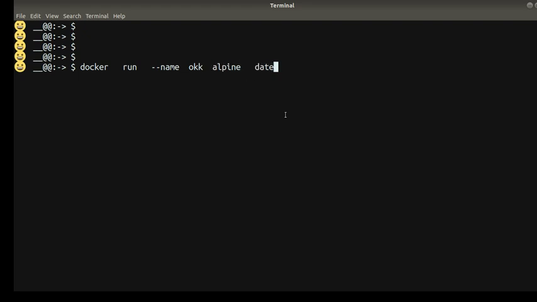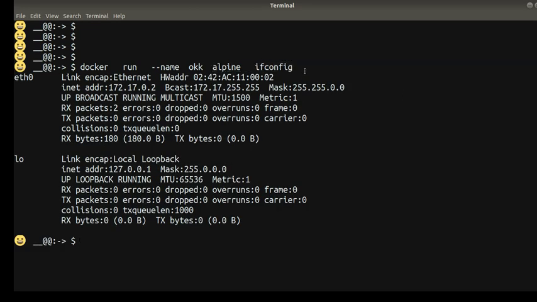So let's say if I'm typing ifconfig, this is the next Alpine image, and I'm getting this,